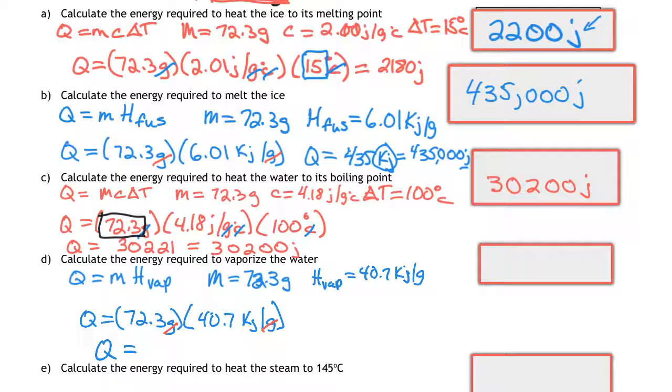And when you multiply these two together, you get. Looking at my problem, this is the number that came from the question. So I'm going to have 3 significant figures, which means this will equal